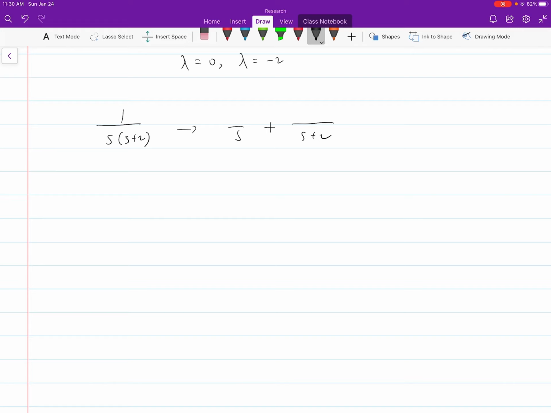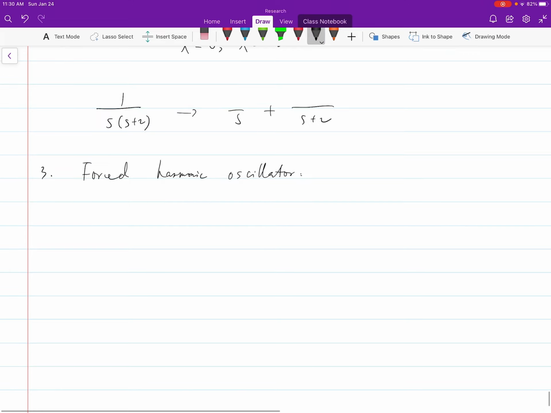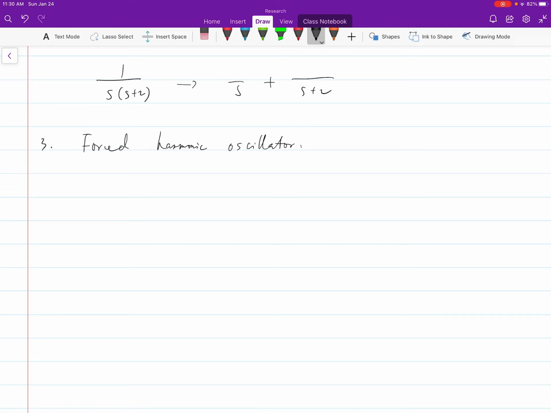Okay. Finally, we want to handle the last case, which we haven't done before. That is number 3, the forced harmonic oscillator. Okay, so let's solve 2 examples. The first example is going to be